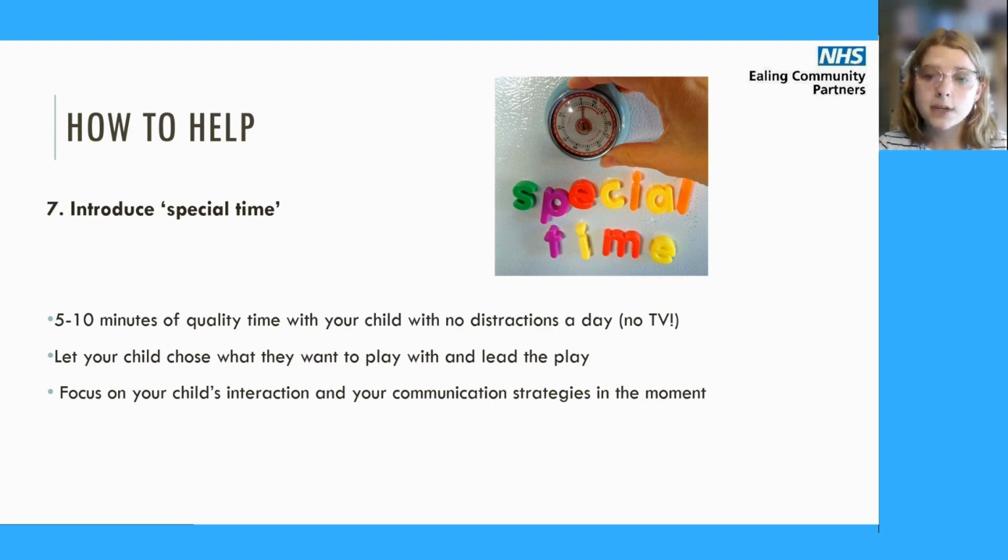And then afterwards, you can reflect on whether that made any difference in terms of your child's communication and their confidence in communicating. Also, there is no pressure to talk. It's absolutely fine to just have that space and to enjoy special time together. We also think about